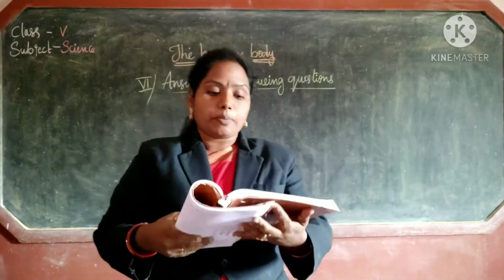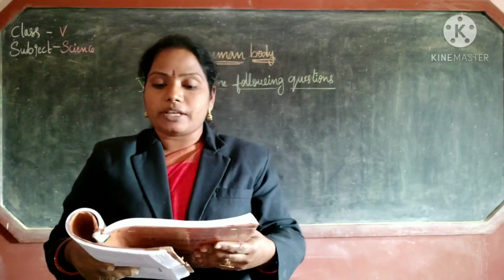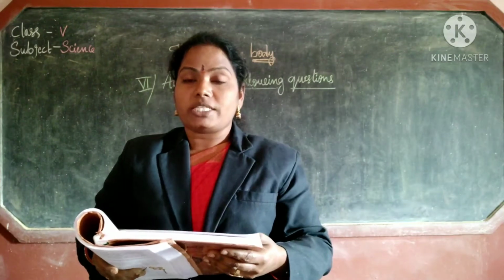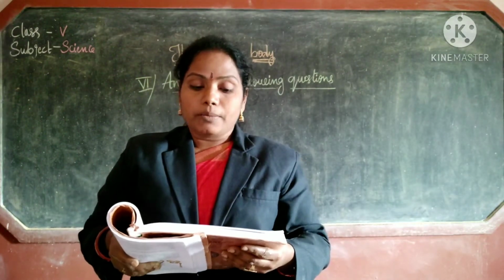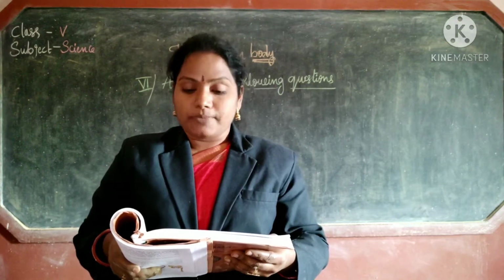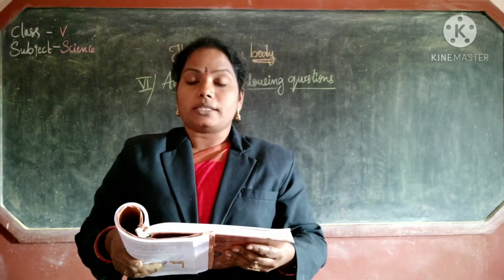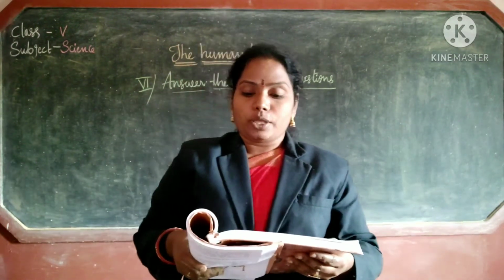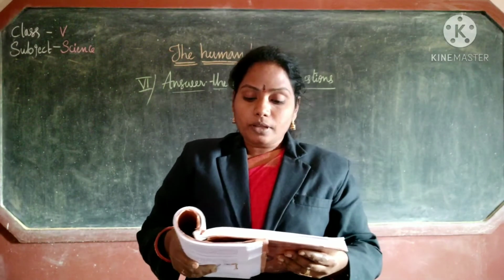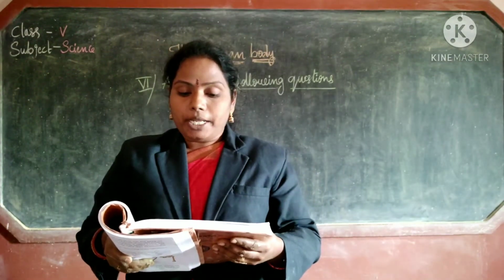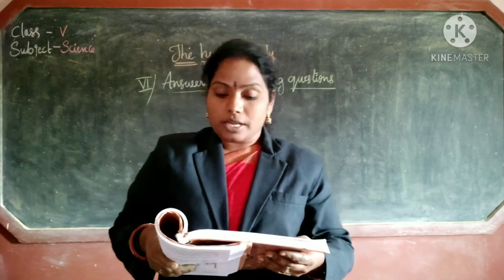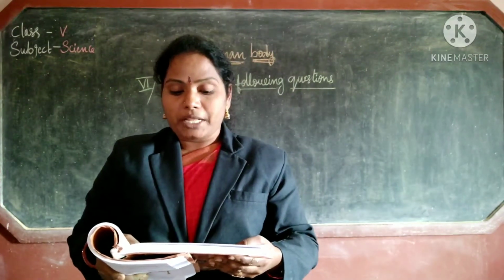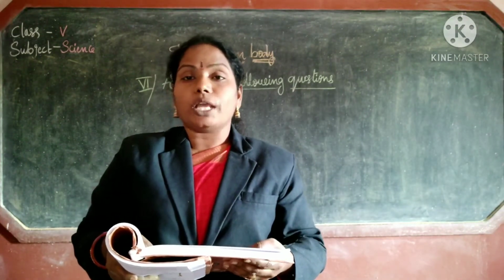The ribcage is the framework of the chest which protects the heart and lungs. The middle bone of the chest is called the breastbone. The bones attached to it are called ribs. There are 12 pairs of ribs which are thin and flat, long and curved bones. All the ribs are joined to the backbone. But in the front only 10 pairs are joined to the breastbone. The remaining 2 pairs of ribs are free in the front and are called floating ribs.